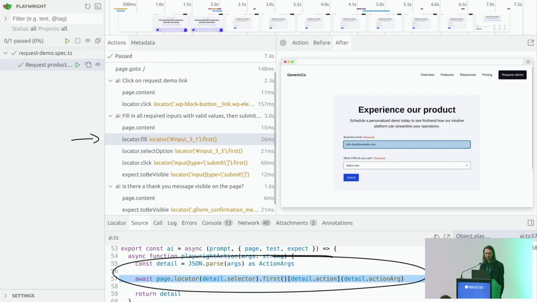We do not have a specific locator in our test code. We are not calling a specific API method. We just have variables. And all of that information is provided by the AI. So we have a really interesting interplay and interconnection between our code and the AI itself.